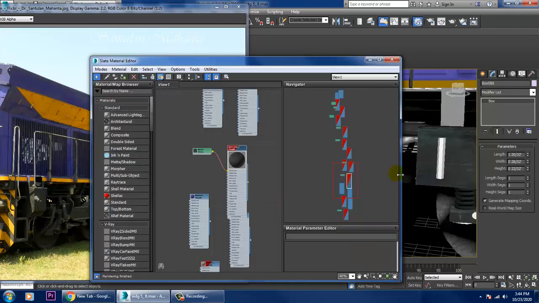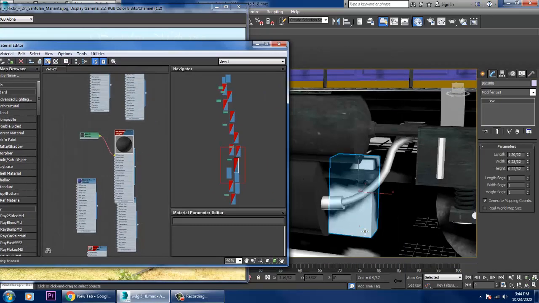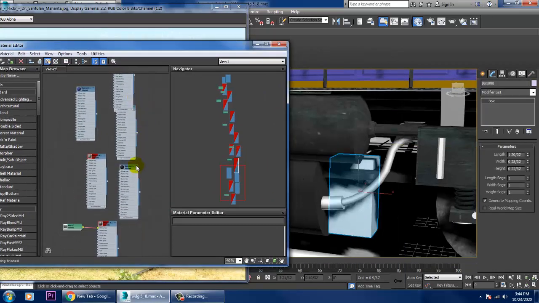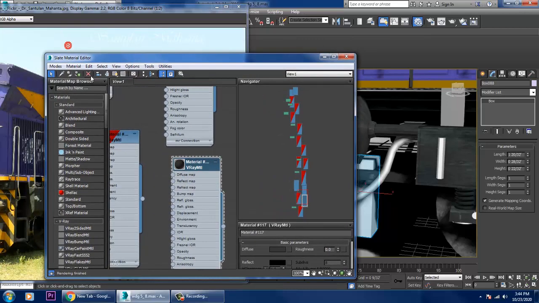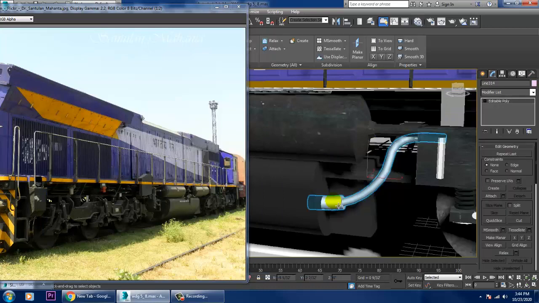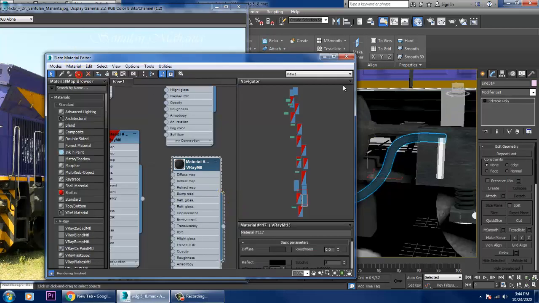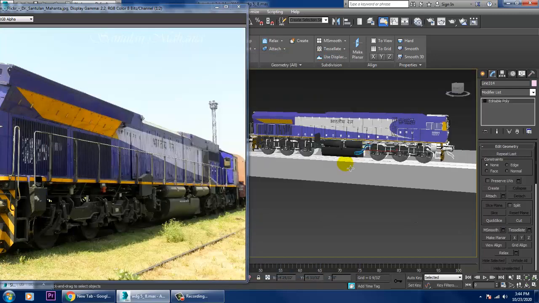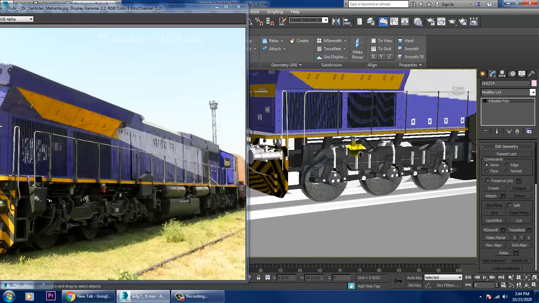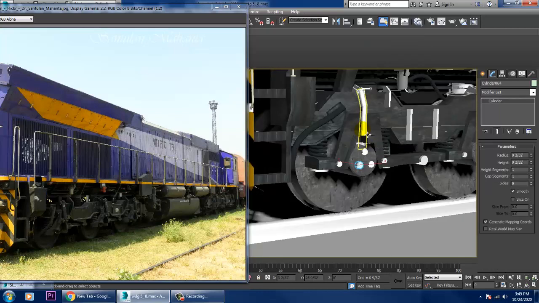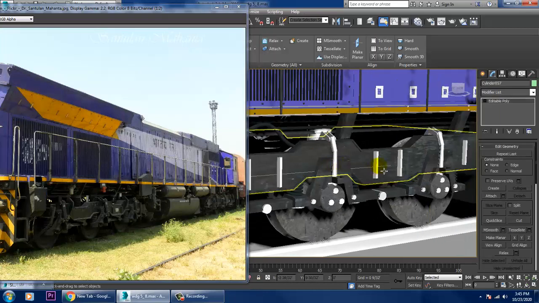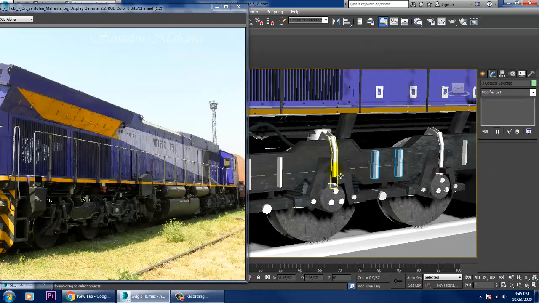For this we'll be selecting this and giving a plain material. Select this, give a plain material. Whatever parts are left over, like this part, we'll give a plain material for that.